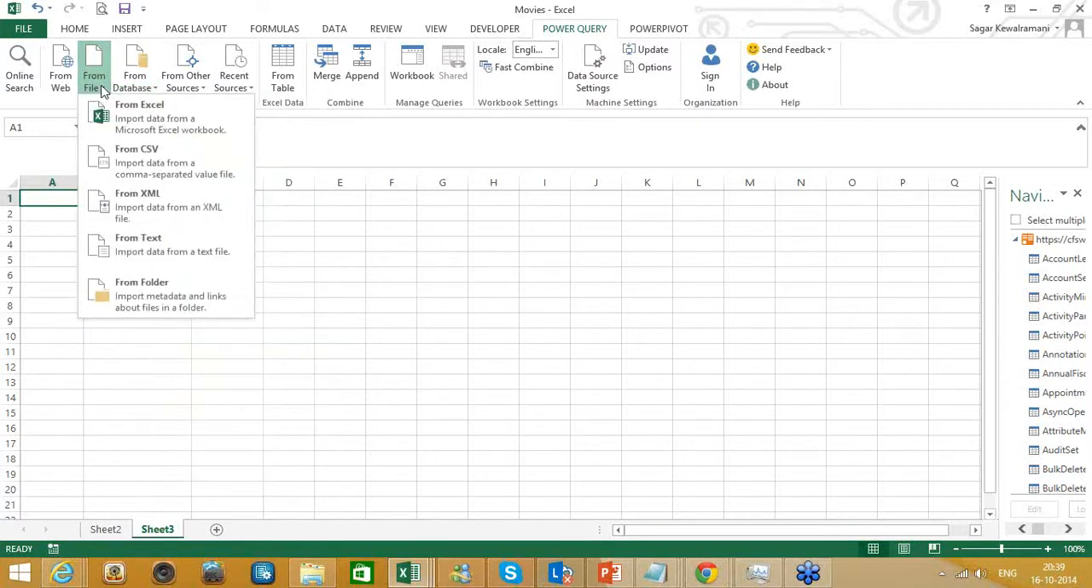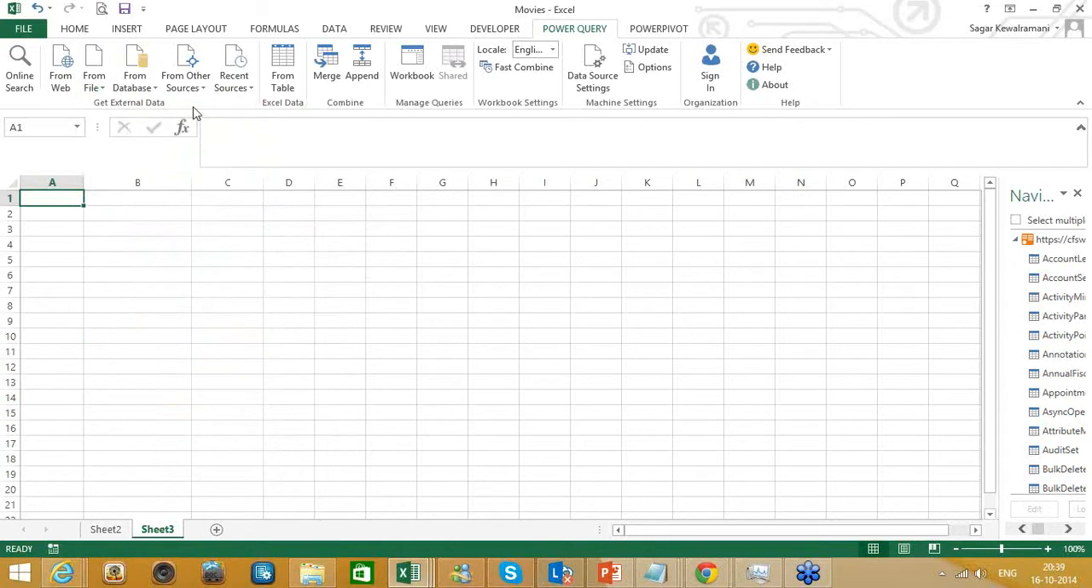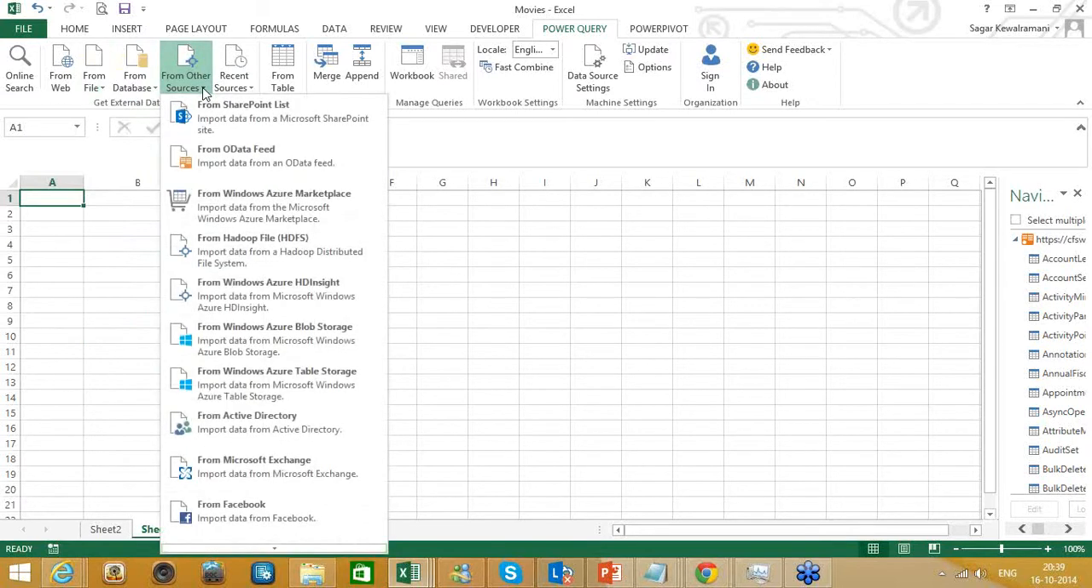Similarly, we can pull data from files. We can pull data from Excel files, CSV files, XML, and text files. Here, these sets of connectors are really great. Under "From Other Sources," we have a connector for SharePoint list. We have an OData feed connector. So if you have any web service exposed, we can just connect to it and get the data live in our